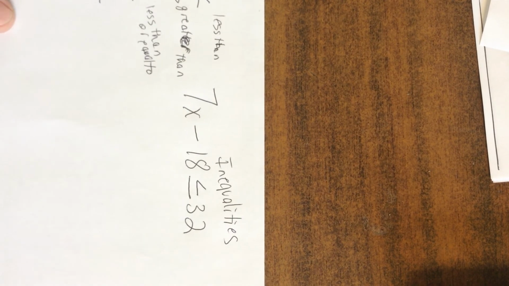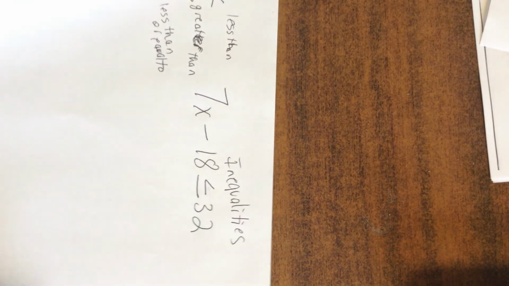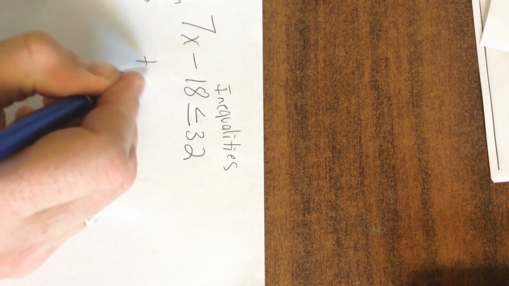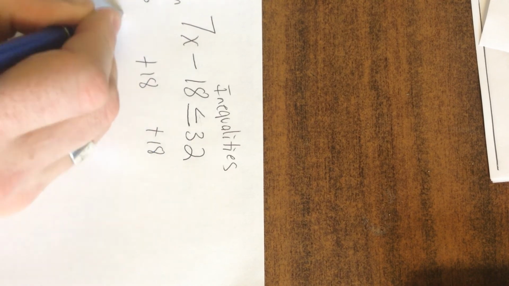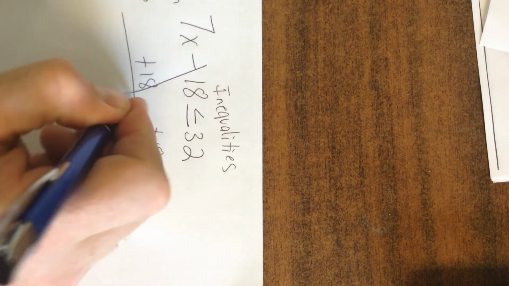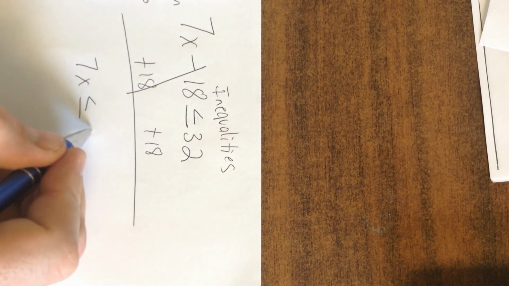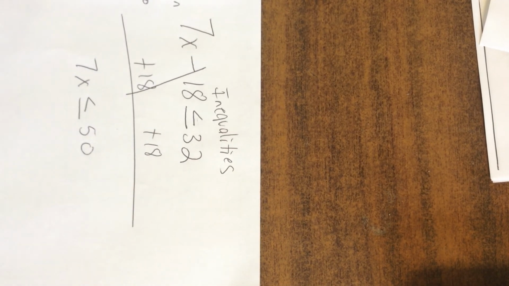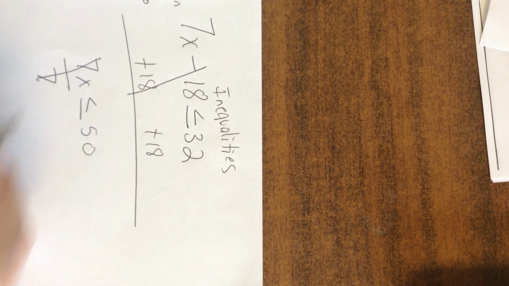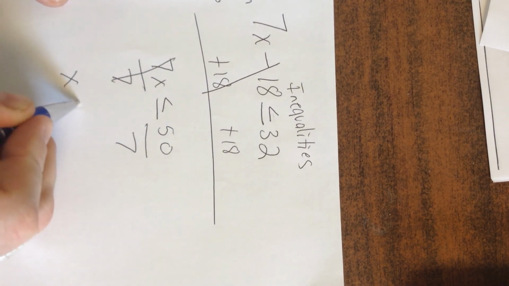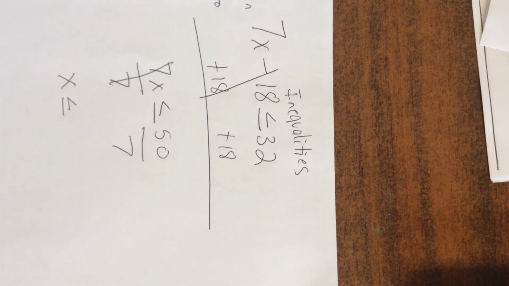Alright? Now, here's the best part about this. Inequalities and equations all work the exact same way. So we're just going to do the opposite again. Add 18, add 18. This goes away, leaving me with 7x is less than or equal to, what, 50? Because that's 10, carry the 1, get 5. Divide by 7 because that's the opposite of multiplication. Got to do it on both sides. Leaves me with x is less than or equal to